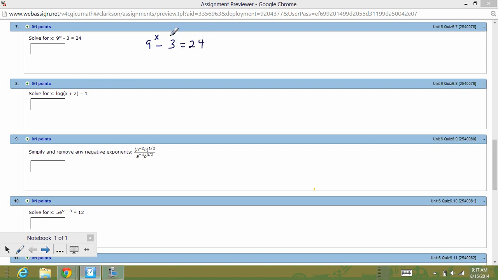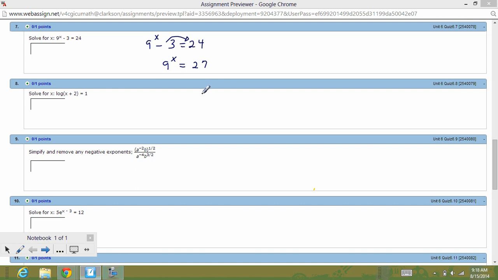So we see a constant here, and of course 9 to the variable x power. So that's why we refer to that as an exponential equation, because the unknown is an exponent. And it should be fairly apparent then that 9^x equals 27, right? By using the property of the additive inverse and moving the negative 3 to the right-hand member,